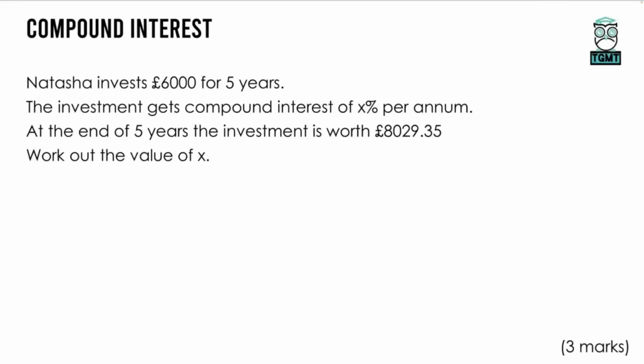Now, if we knew the percentage, we would do 6,000 multiplied by, and it's a bit of a strange one because we don't know the number there, but it would be 1 point, usually 0 something, because it's normally a single digit. So we don't know what it is, and that's what we're going to need to figure out. So for the moment, let's just call that multiplier the letter X, as that's what it's told us is a percentage. It's going to be to the power of 5, because there's 5 years, and we're going to get the answer